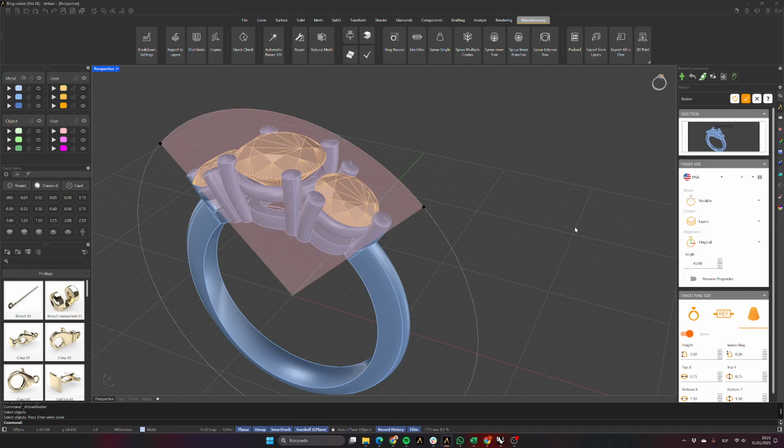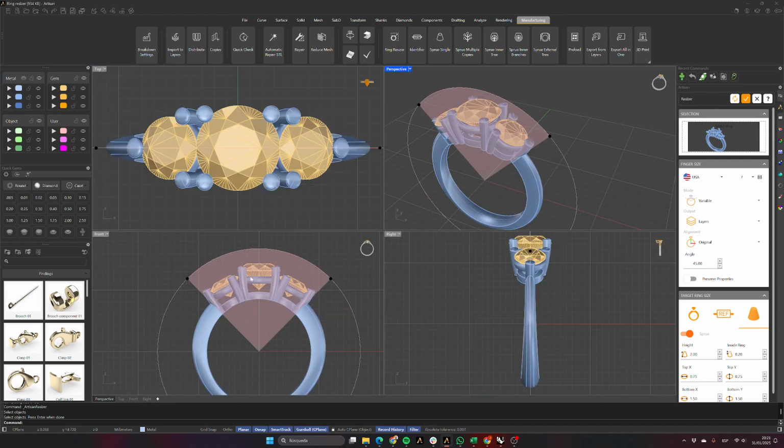We can select a portion of the ring that is not going to be modified during the process, as it can be the setting area of the ring. We update the scene